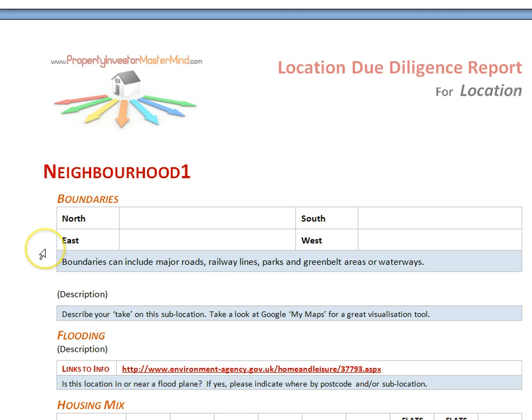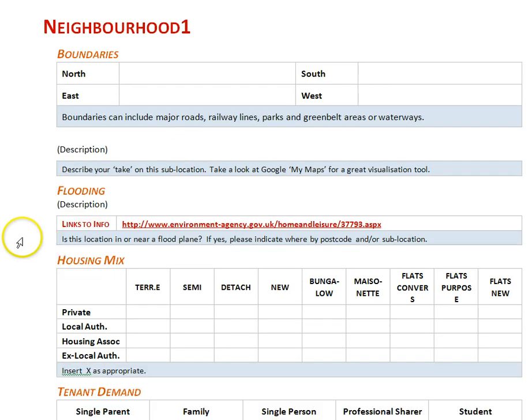Let's scroll down. So first thing we come to is flooding, principally because if the location is in or near a floodplain, then you could have problems, particularly with regard to investing, because of the insurance difficulties on investing in properties that are liable to be flooded. And if you can't borrow to invest in the location, then remember that it's unlikely that anybody can borrow to buy your properties off you,